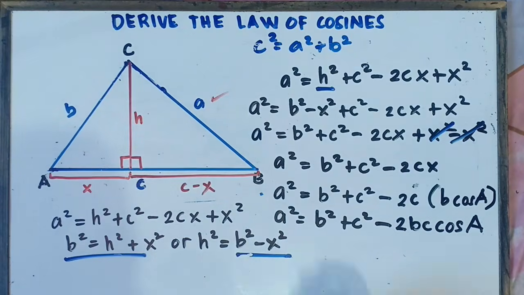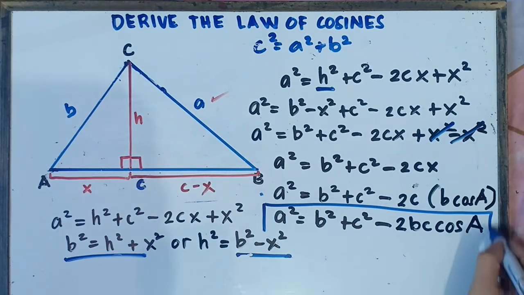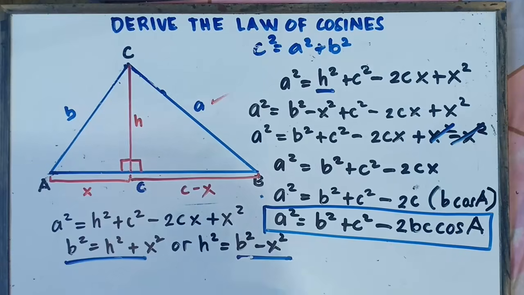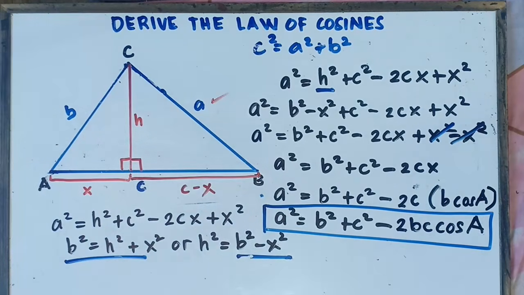And that's it, class. We're all set. That's how you derive the formula, class. Quite complicated, right? So we need to explain that one step by step. And that would be the derivation, class, with regards to the formula of cosine law.